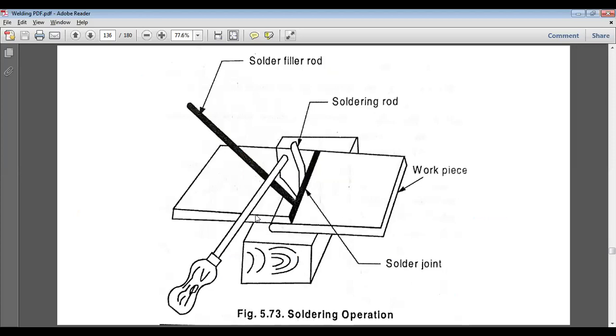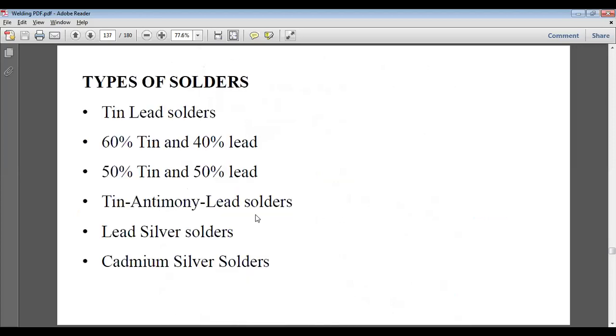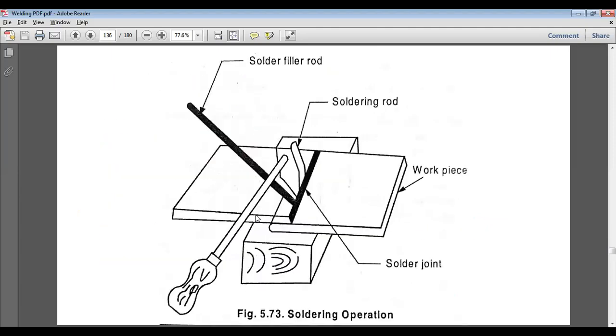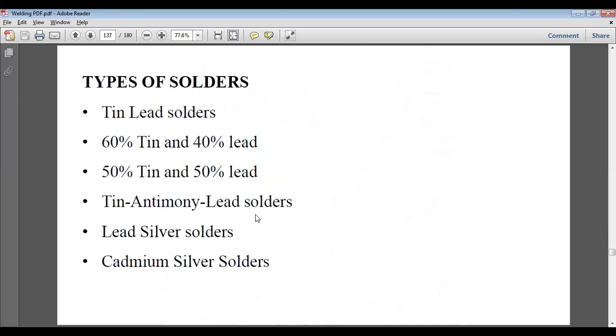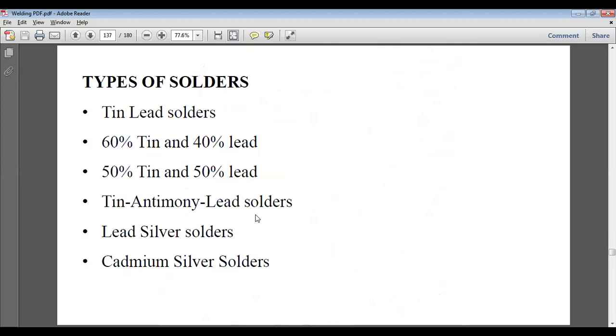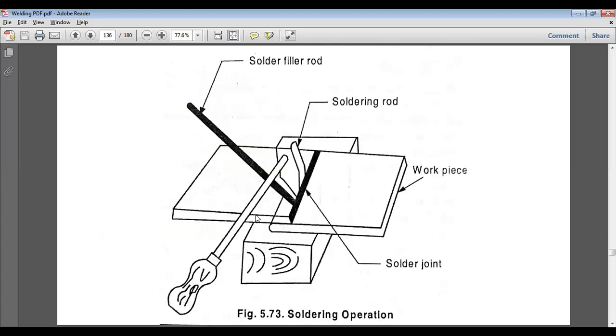So in today's lecture, we have talked about welding. The only thing that remains is the advantages, applications and disadvantages of the different types of welding that we have studied earlier. Welding defects we have not studied, so we'll be studying them. In our next lecture, we'll cover welding types, soldering, and brazing. These three topics are left, and after that, we'll be concluding the whole workshop technology.